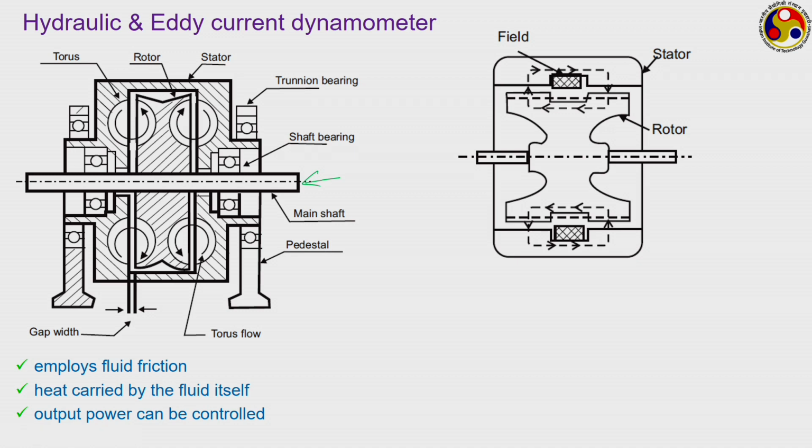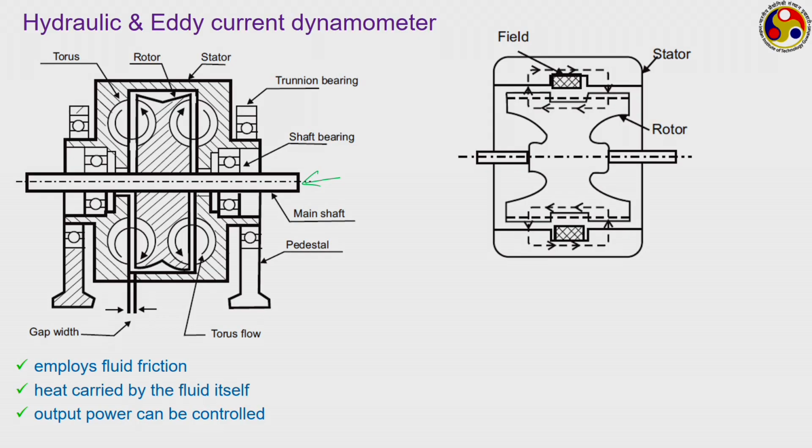have a rotor part, and just the way any common generator works, the eddy current dynamometer works the same way. As the magnetic field is there, as the power is applied, it produces a voltage output, and from that voltage output we can get a measurement of the corresponding torque. The eddy current dynamometer probably is, or definitely is, the most popular one among all the absorption type of dynamometers,